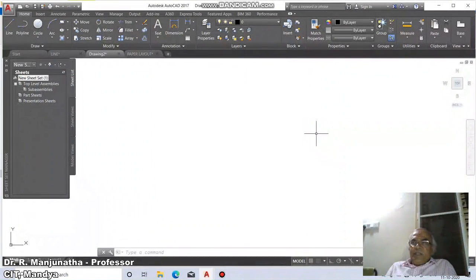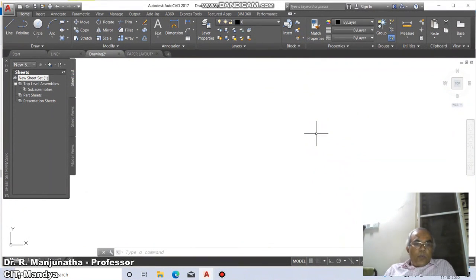First we select a sheet, and on that sheet we create the drawing using geometrical instruments. Similarly, here also we can do the same thing. So first I need to set the sheet size. To select the sheet size, we have a command called limits.